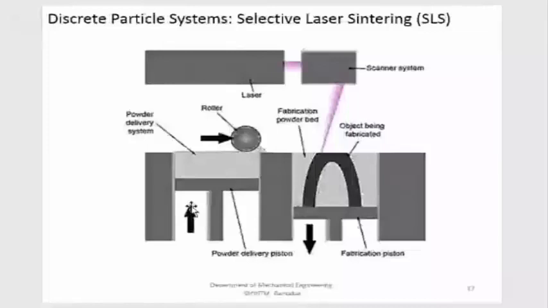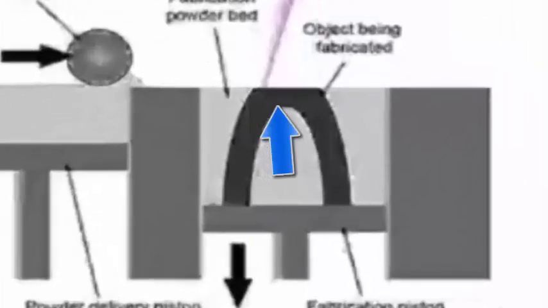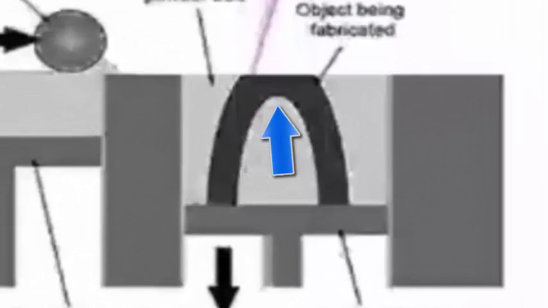Once the laser has traversed the surface for one layer thickness, the fabrication platform is going to move downwards. That is important to remember. This piston is going to move upwards. When this piston moves upward, some powder will be present on top of this layer. Again, the roller will be pushing the powder forward. It is depositing the powder in this particular area. Then again the laser is fired. Again you are creating one more layer. Now in this case, if you see, this region will be the overhanging.